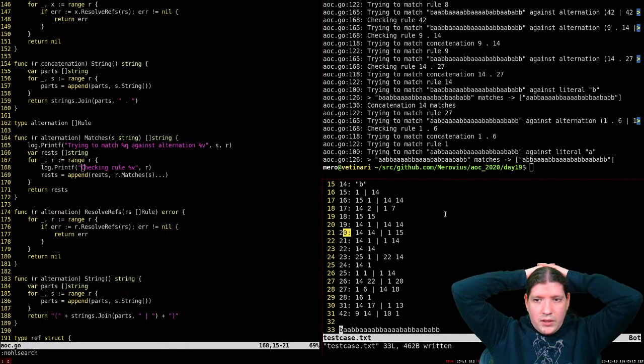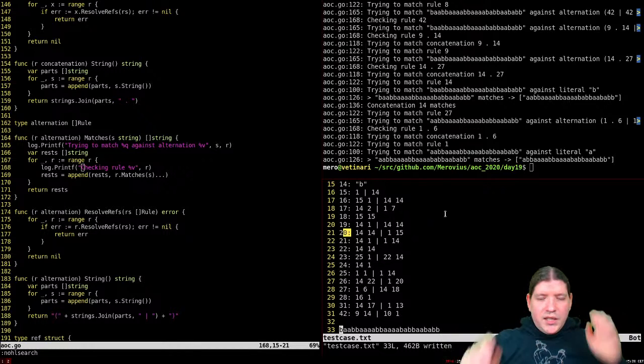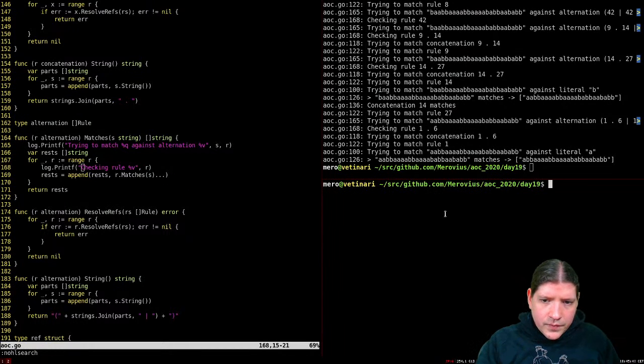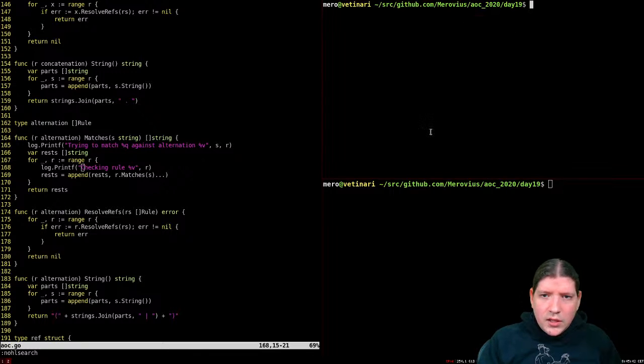There are a lot of loops. What we can try maybe is, I don't know if this helps, we can try to output this as a finite state machine and then see whether